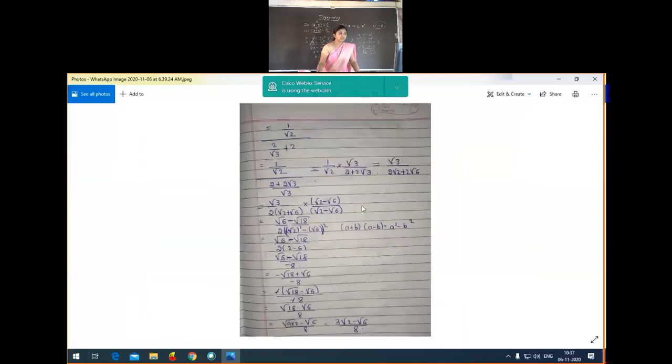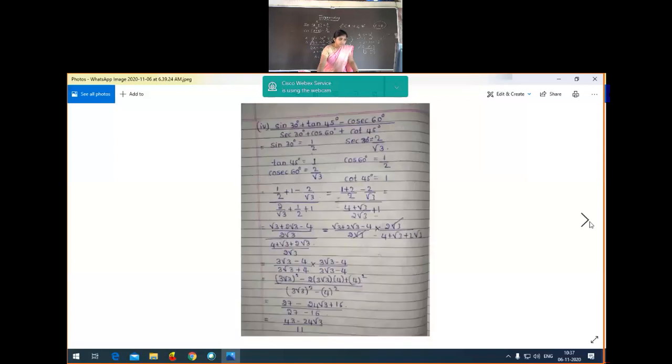Any confusion, students? So up to this you all know. After this, in the denominator, if an irrational number is there, then you have to do the rationalization of the denominator process. After rationalizing the denominator, you will get 3 root 2 minus root 6 divided by 8. This is the expression. I think you all know this explanation, right? So no need to give stress for this explanation part. Okay, next problem. We'll move on to the fourth question.